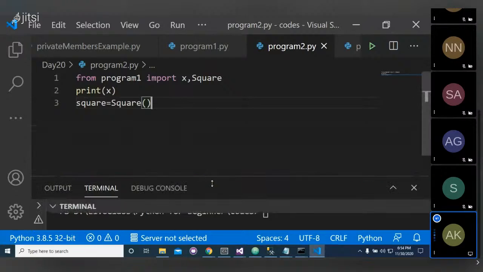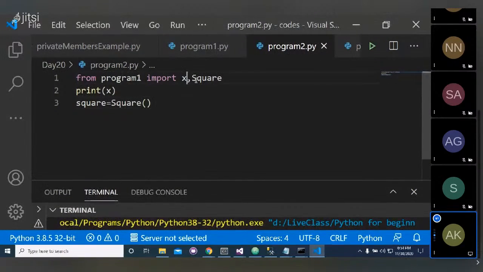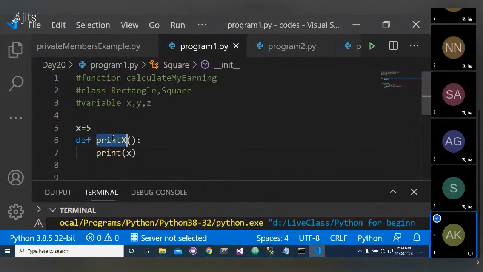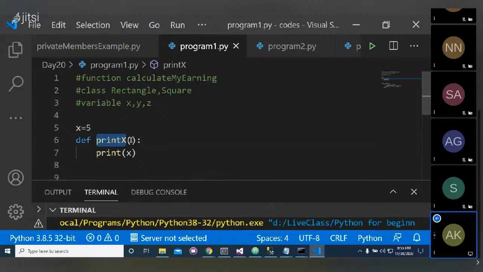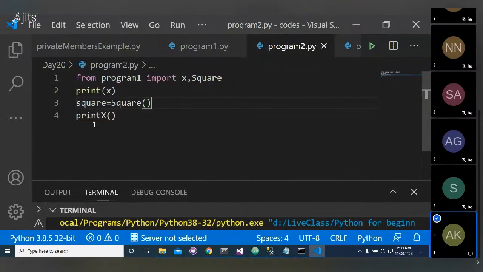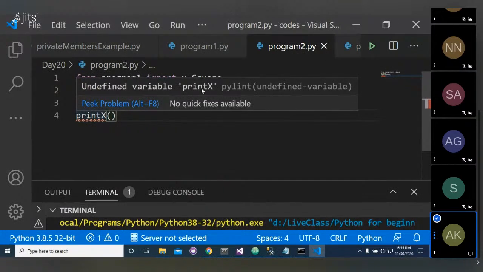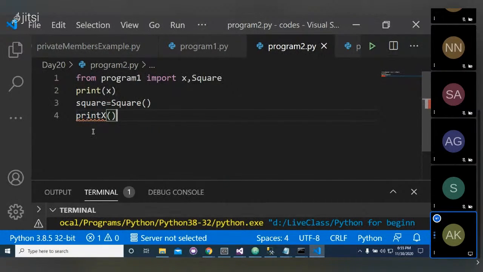Now you can see that in this way we got x and square. These are two attributes from this module. Suppose I want to get this print x; try to call print x. I am simply calling it because it does not take any parameter. But you can see it reports an undefined variable print x, so print x is not defined in this module. To get print x, you need to write here